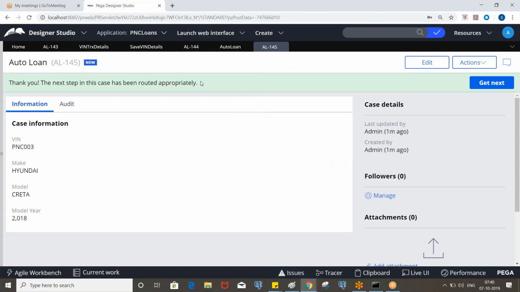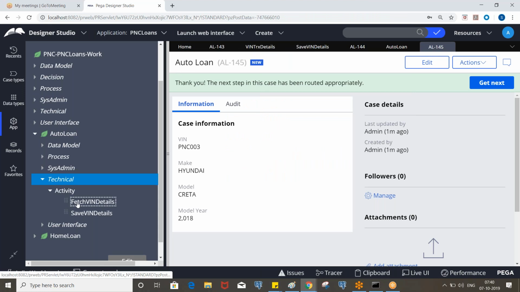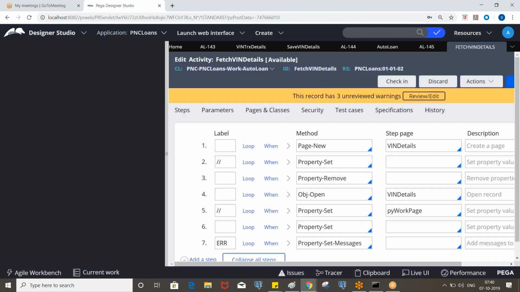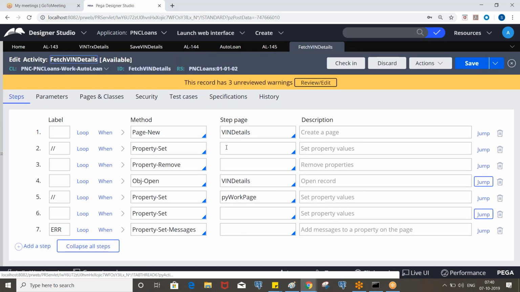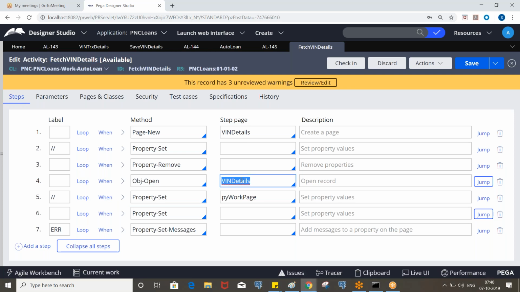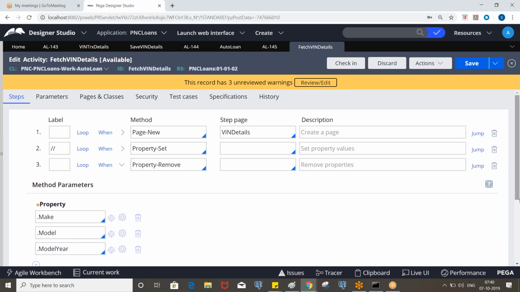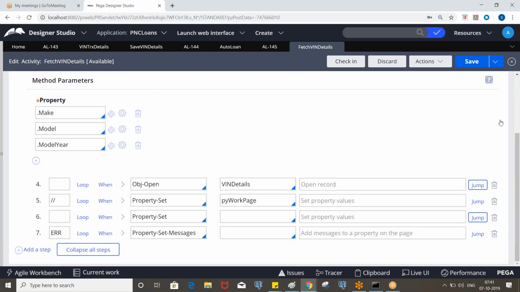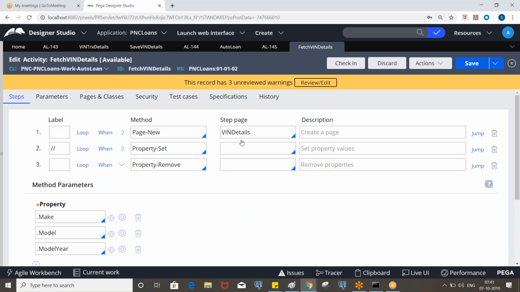Okay, so now let me show you that. Fetch win details, right? This page is required just to put the data and to map back to the PY workpage. After that we don't need this page, right? Since we are using the work class properties and we are removing it like this, let's say you create a page called win details, as I explained that day.